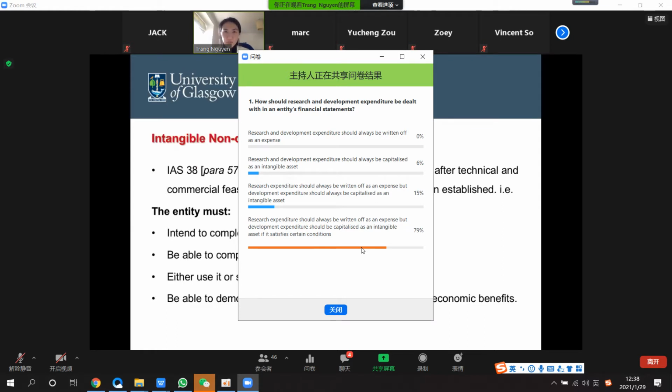And for the development expenditure, as I mentioned, if it's not satisfied, not completely finished, or can't be completed even in the development stage, it's still in the R&D as expenditure, or as expenses. So when in the development stage, it needs to be able to complete